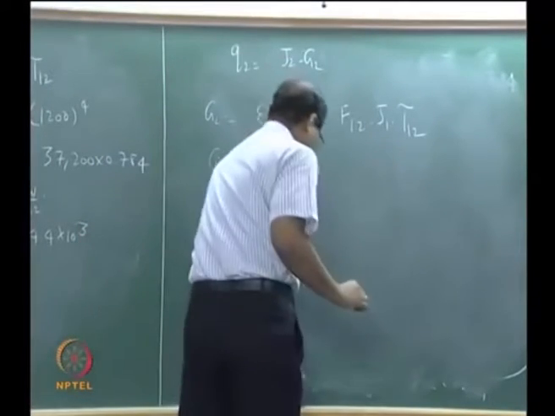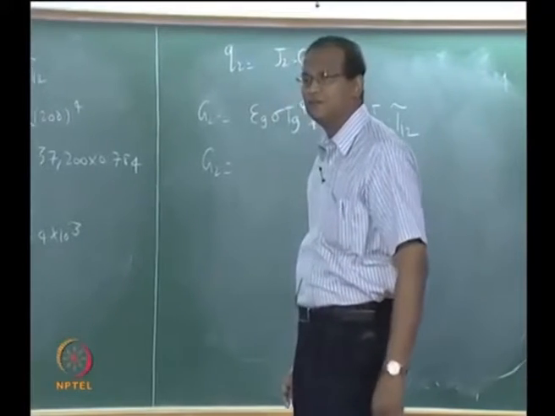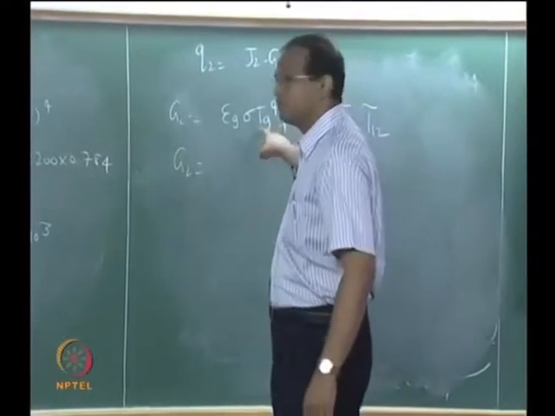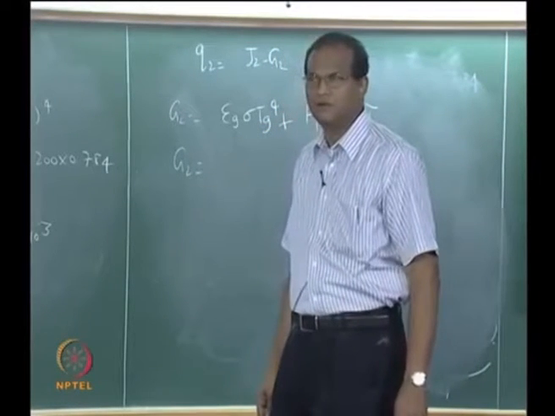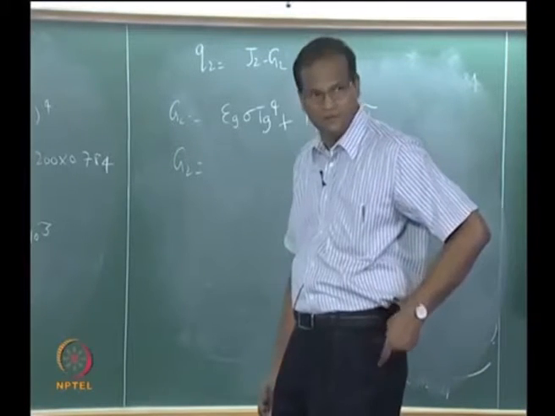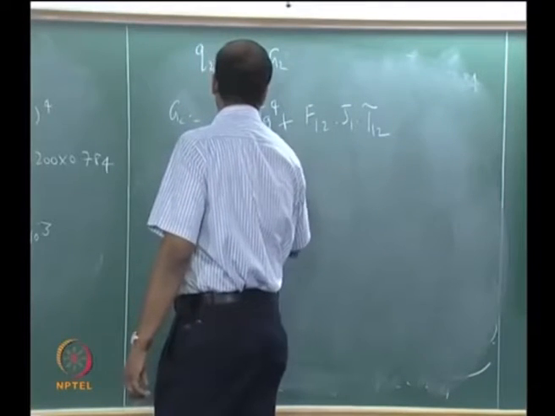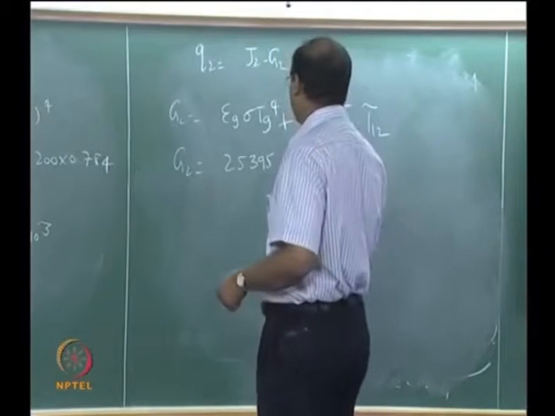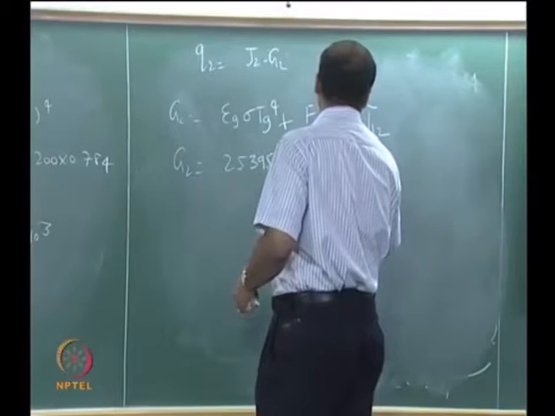What is the first term? 25,395.8. What is it? No, what is it more? 252.7 kilowatt per square meter. He is already going to the next one. 25,395.8 something plus 1 into